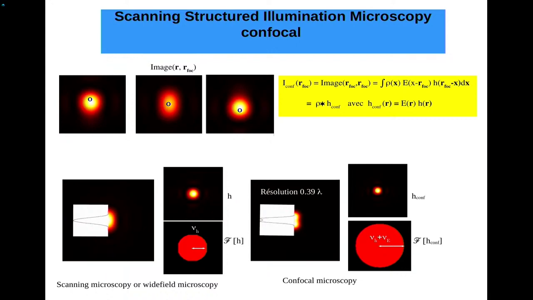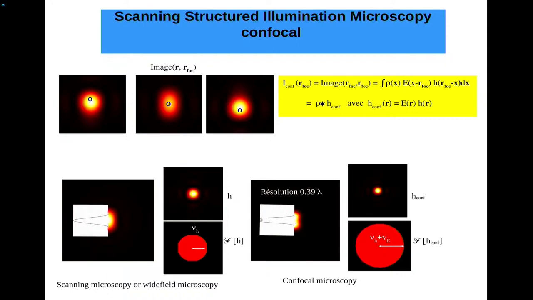So your super resolved image is the low resolution image at R fog, okay? This is the important point. And when you look at this, well, you see that it will be the fluorescence density convolved with a point spread function, which is the product of the illumination and the collection point spread function, okay? And this is very nice because the support in the Fourier space of this product is nu E plus nu H, the frequency cutoff of the illumination plus the frequency cutoff of the observation point spread function. What does it mean?